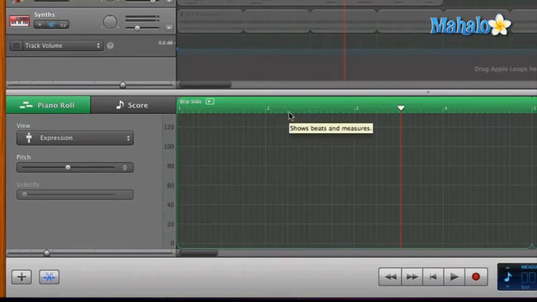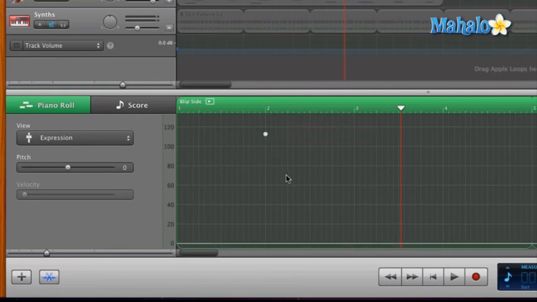So let's go ahead and place down the expression. So once again, we bring back the pen tool. You just hold Apple. That brings up the pen tool. And I'm going to place it around, because the note is somewhere around 110. So that should be good. And then I'm going to